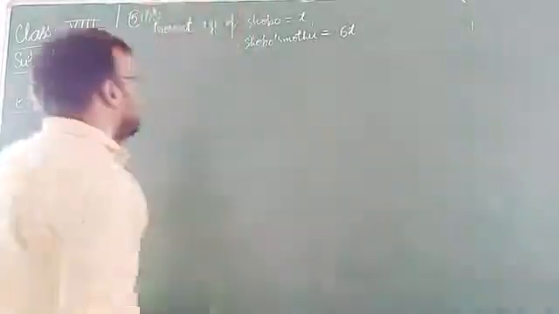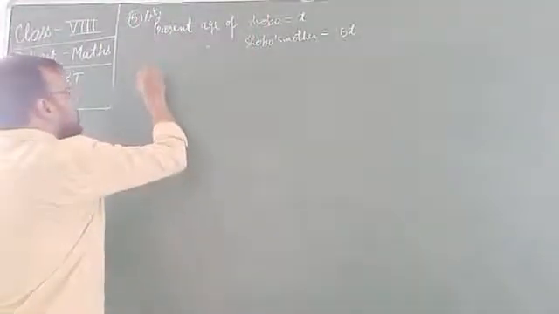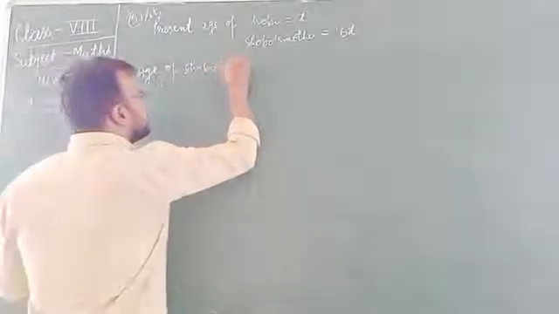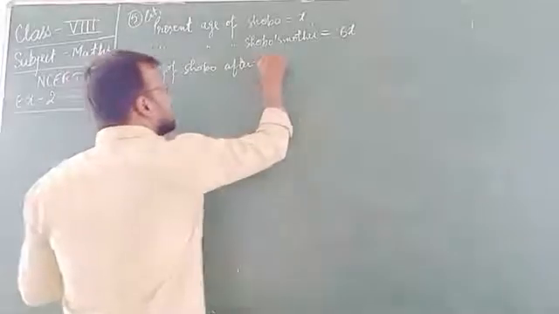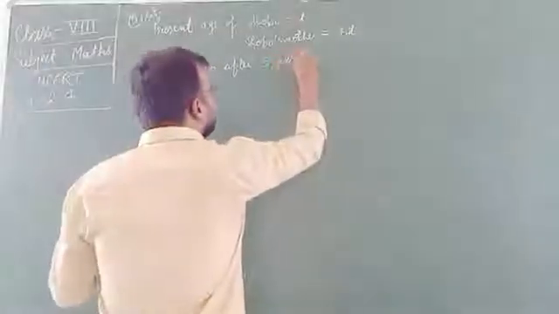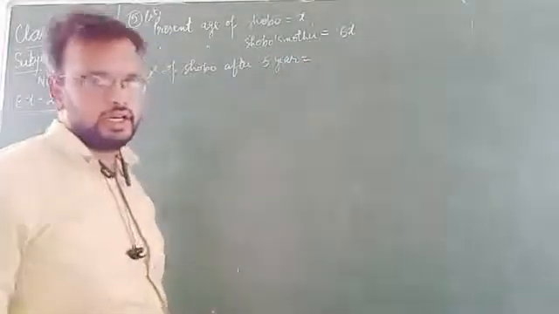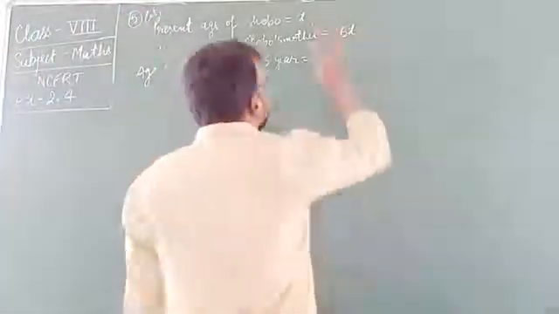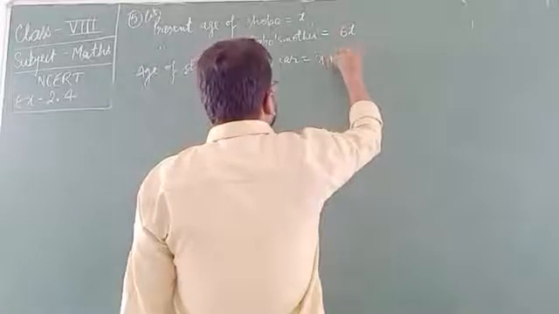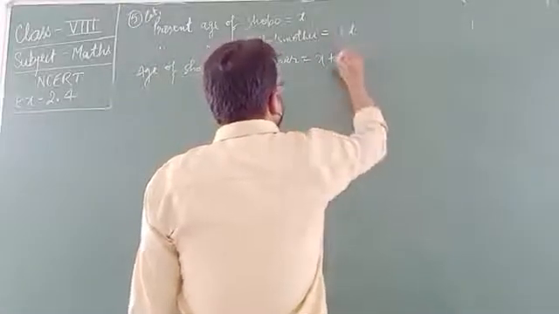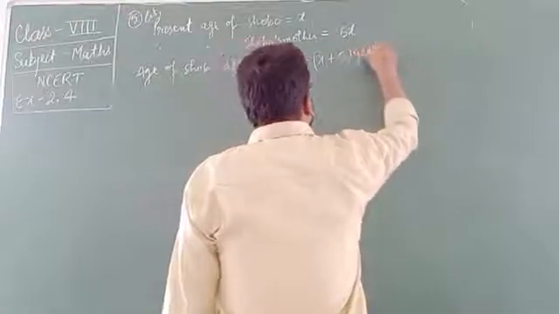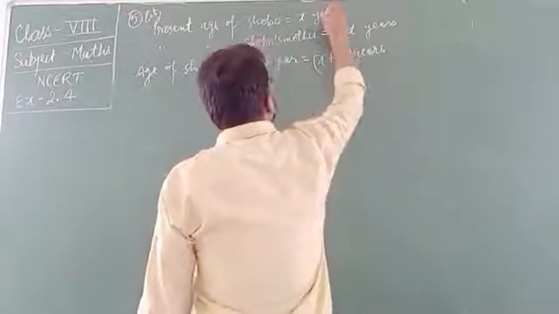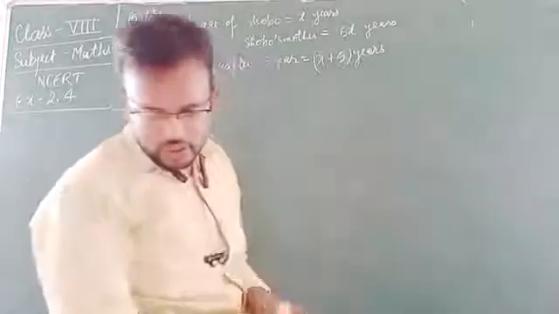Now, Shoboj's age 5 years from now. Age of Shoboj after 5 years. What happens if you are now 10 years, after 5 years, what is your age? That is 10 plus 5, 15. Okay? Now, it is x plus 5. X plus 5. Okay? Now, according to the question,